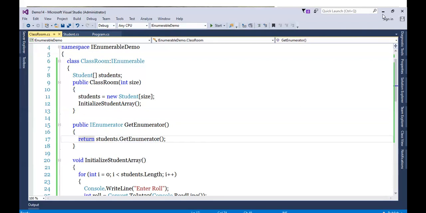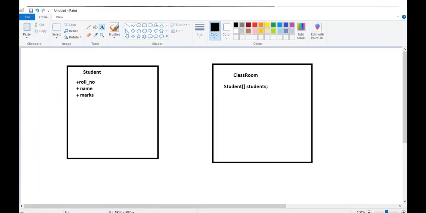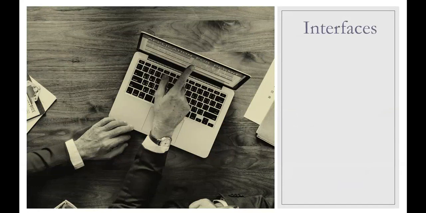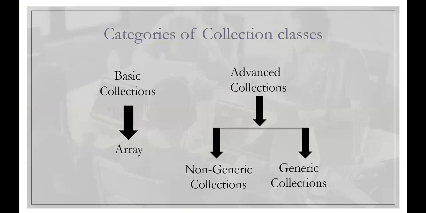Okay. So now let's move ahead. So this is all about the IEnumerable interface. Now it's time to start with the actual categories. If you remember, yesterday we saw a total of 2 main categories. Let me show that slide. Yes, this one. There are 2 main categories: basic collections and advanced collections. Under basic collections, we got the System.Array class, which we saw already. Now it's time to introduce non-generic collections and generic collections classes.